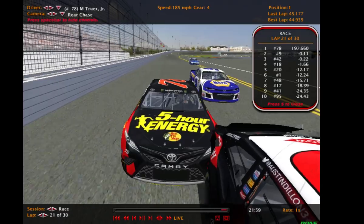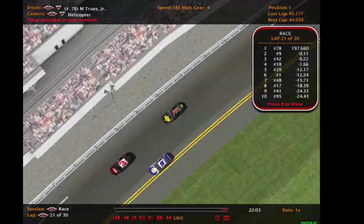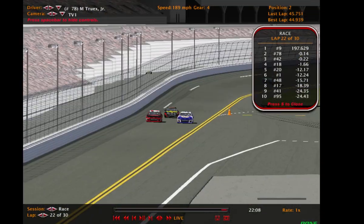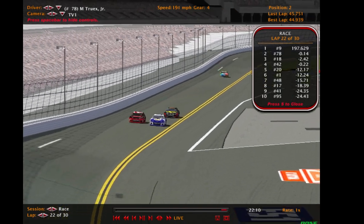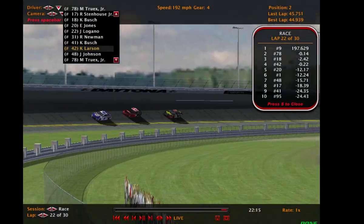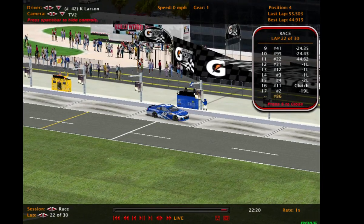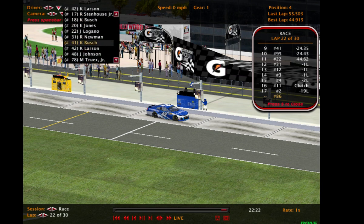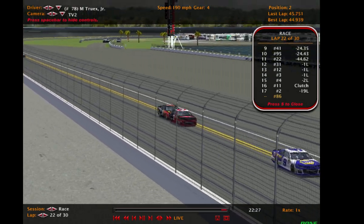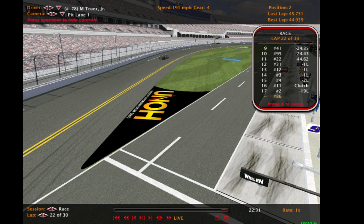And Larson's got to go to pit road. And Truex is going to get put in the wall by Austin Dillon. I am not sure what just occurred, but Chase Elliott to the lead in the clash. And I believe Kyle Larson may have just had a problem. Kyle Larson is on pit road. I'm not sure what it was for. He was running 3rd place at the time. Meanwhile, Truex still has not gotten by